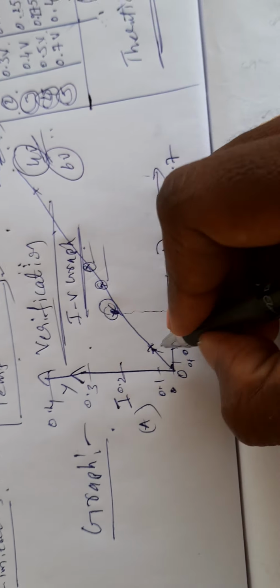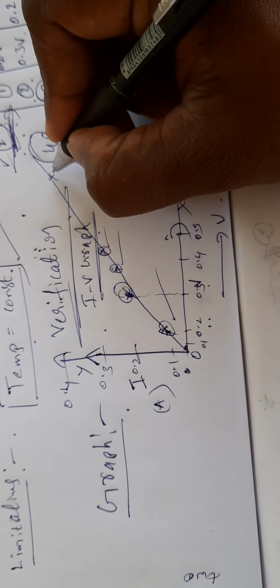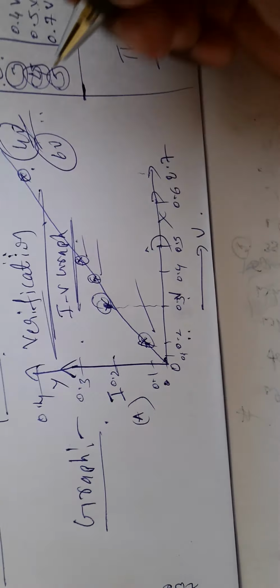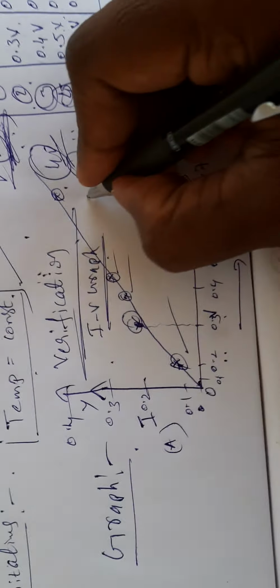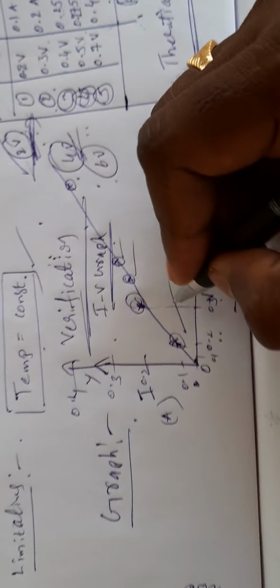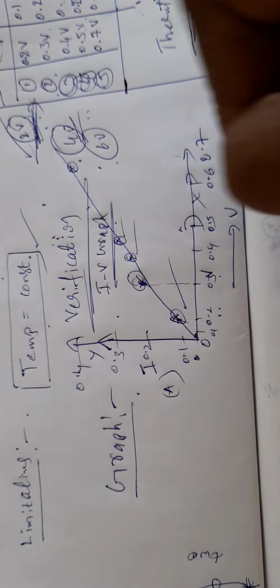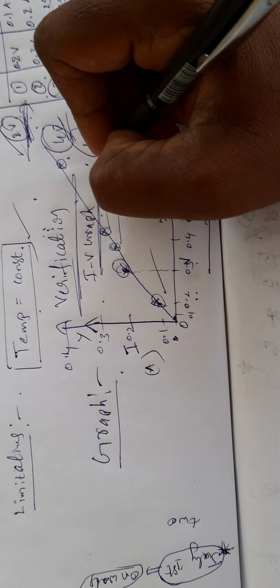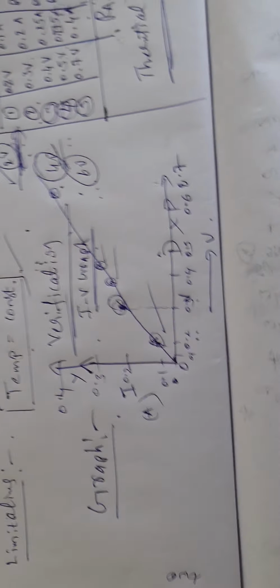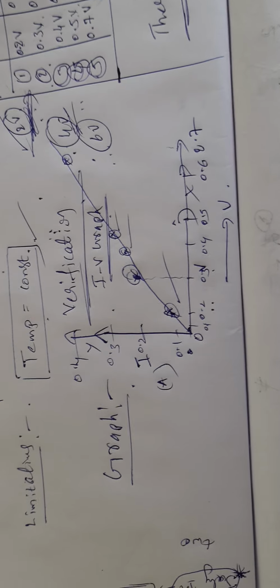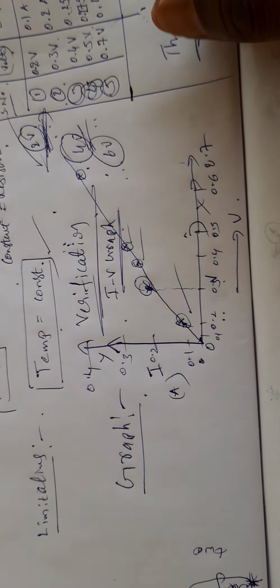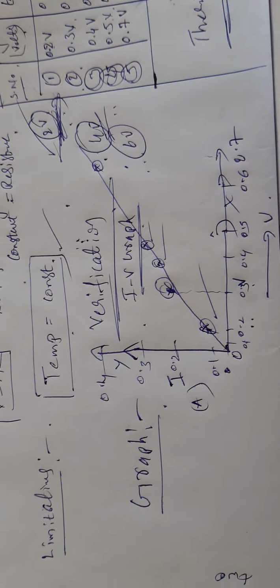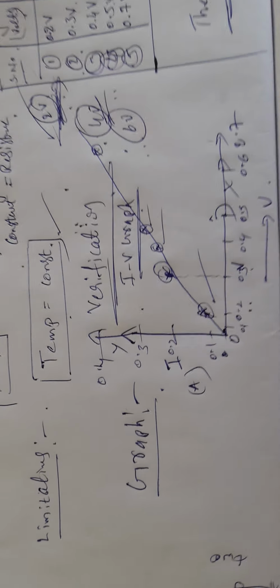This is correct, this is correct, this is a little aside. Means you should get like this. All the points need not be on the line. We should get a slanting line like this only. That is the correct graph. Maximum points will come on the line, and 1 or 2 points will come on the other side. Then only that is a correct experiment.